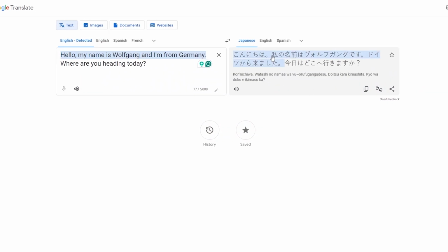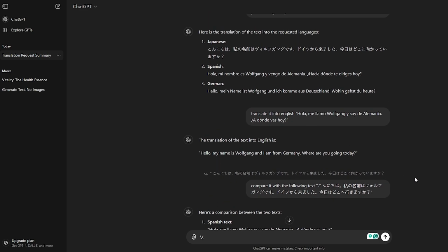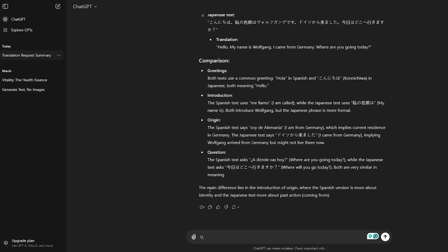So right here, this was the text that I copied from Google, and this is the text that was from ChatGPT, and I asked it to compare them, and that is what we got right here, which I think is pretty cool. And also we can read aloud as well, so we can listen to what it says. So for example, if I were to go ahead and play the text,